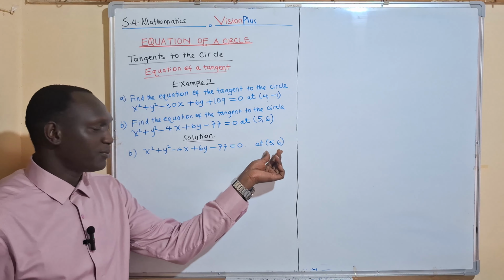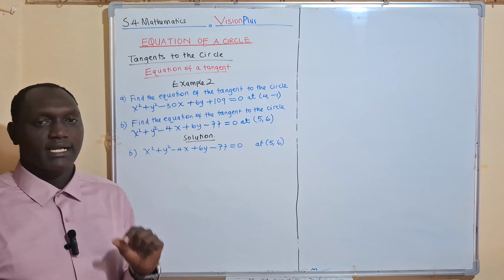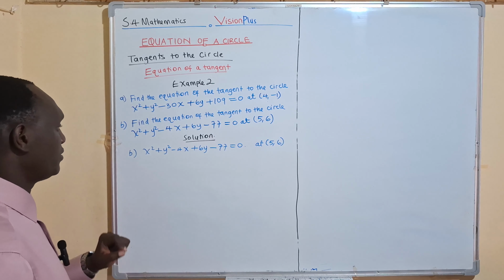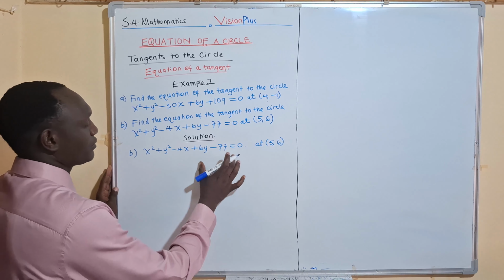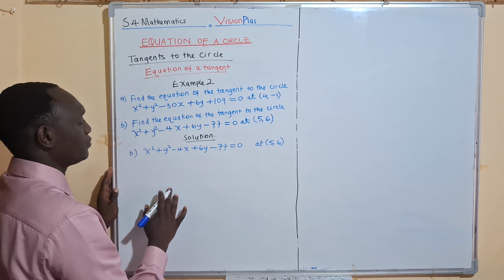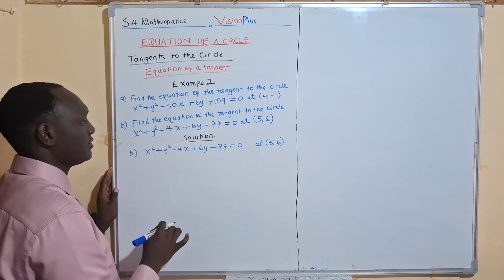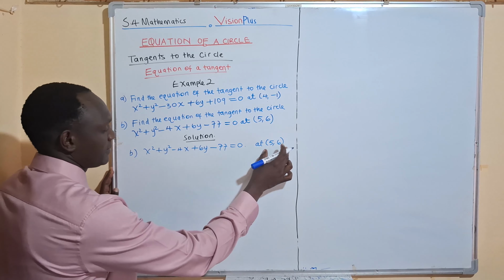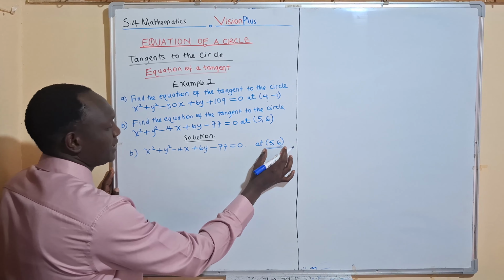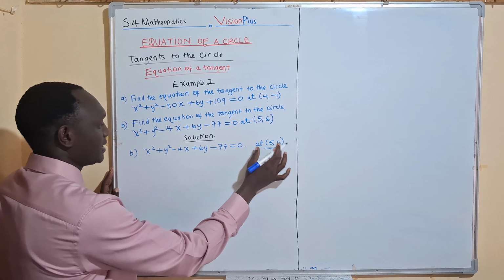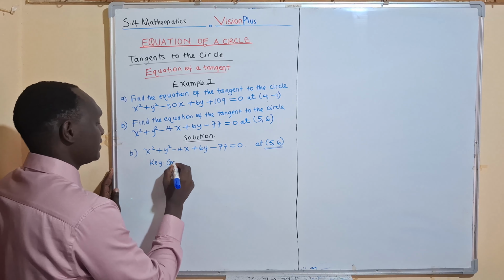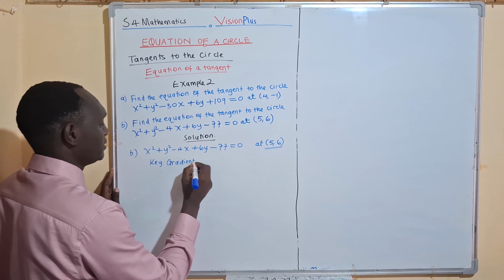You must know that this point given here is the point on the circumference of the circle where the tangent meets the circle. So for us to find the equation of the tangent, we need to first find the gradient of the circle at this point. And for us to find the gradient of the circle at this point, you need the gradient function of the circle at any point. So the key step here is to find the gradient function of the circle,